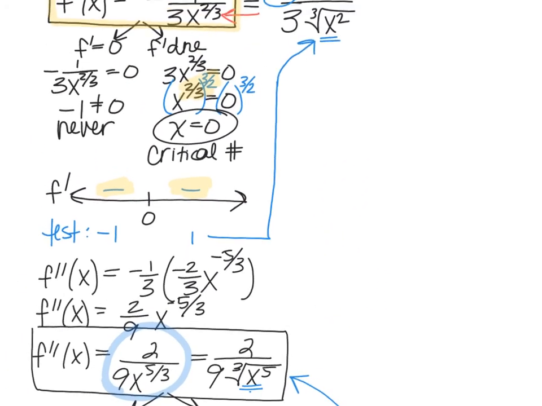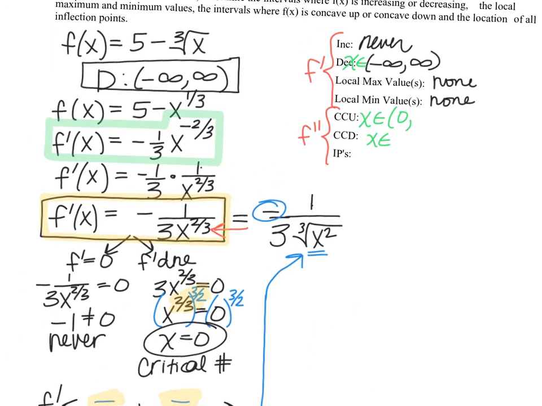So we are going to be concave up from 0 to infinity. There we go. And then we're concave down when the second derivative is negative, which will be from -infinity to